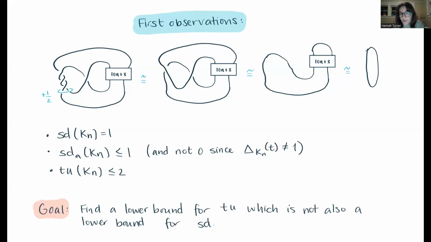For the algebraic version of the invariant, we now know it's more than 1. Actually, you can show it's not 0. The Alexander polynomial of these knots is not 1 for any of them. And the untwisting number. Well, when we described our Surrey description move, we said we did 2 full twists in